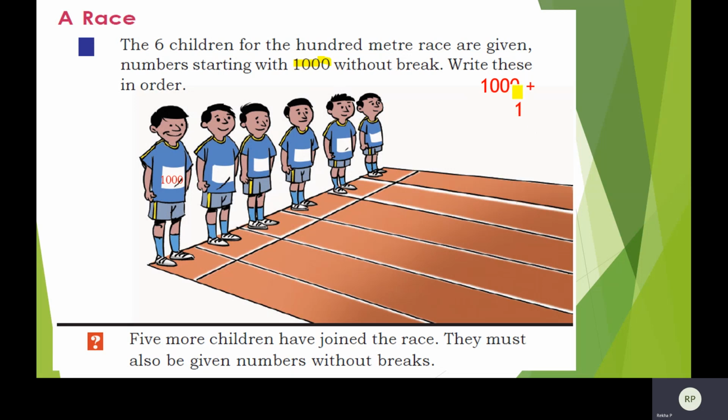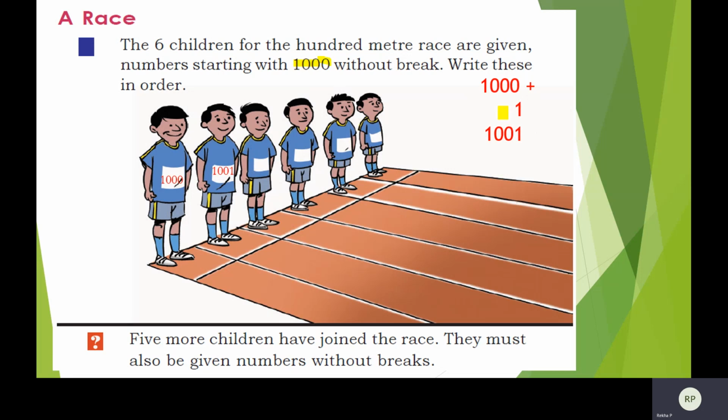So this is how you write it. Only one digit is here, while here 4 digits are there, so you write it in the right place. 1 is in the ones place, so you write it in the ones place. 0 plus 1 is 1, so you write 1 here.